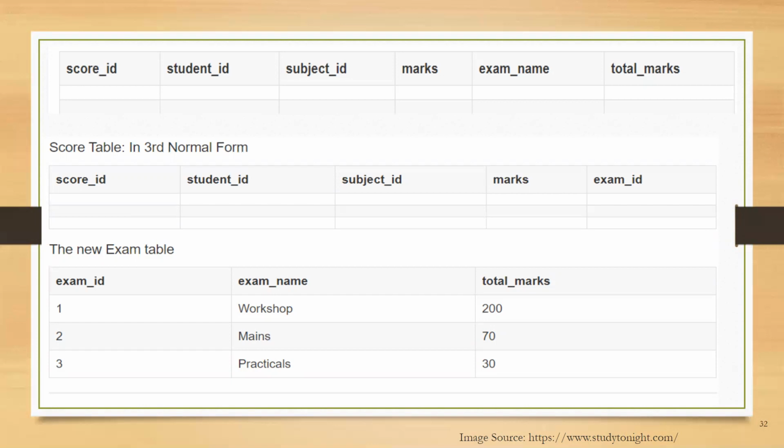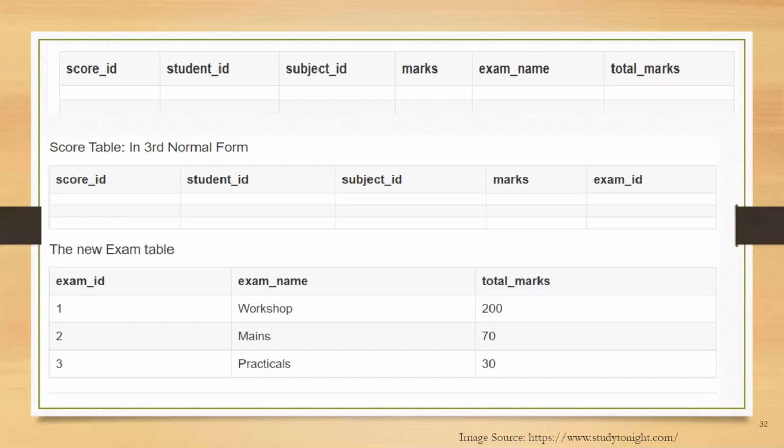So now we have a new column, exam name, which depends on both student and the subject. For example, a mechanical engineering student will have a workshop exam, but a computer science student won't have a workshop exam. Rather, he will have a practical exam. So we can say that exam name is dependent on both student ID and subject. And when we talk about total marks, it depends on the exam name, because as the exam type changes, the total marks will also change. In case of the practical exam, the marks will be different. In case of your theory exam, the marks will be different. So exam name is a column according to which the total marks column will keep on changing.